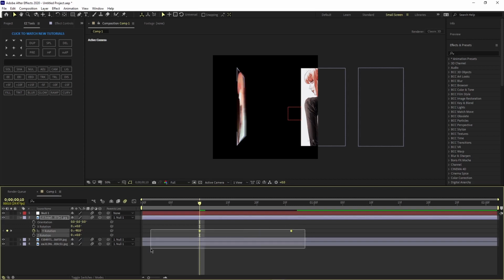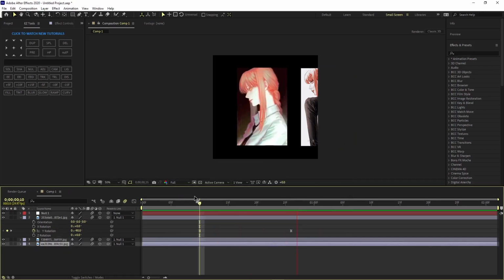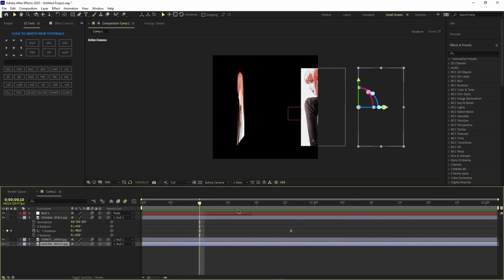And then we highlight the keyframes and then press F9 to easy ease them. If not, make a right click, keyframe assistant and easy ease. And it should look like this. Now, after easy easing,